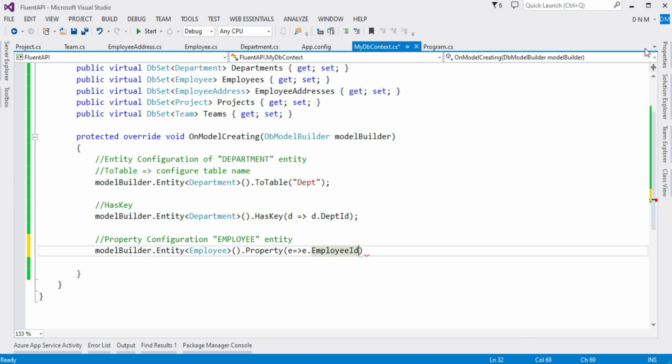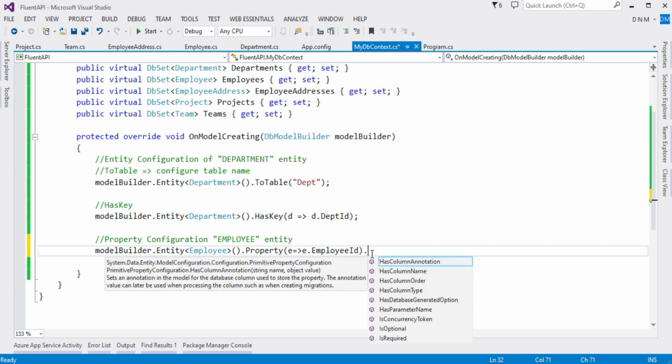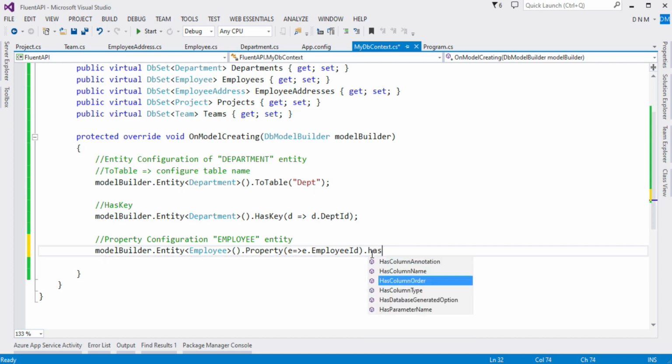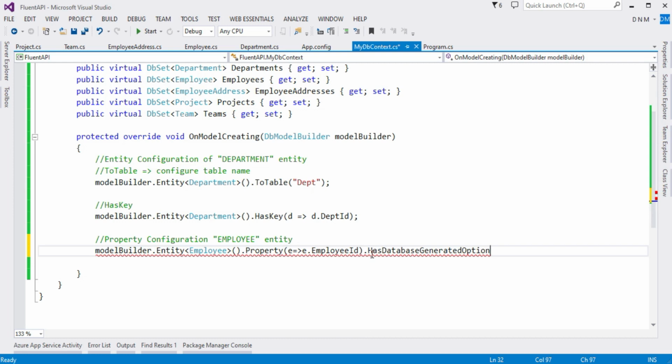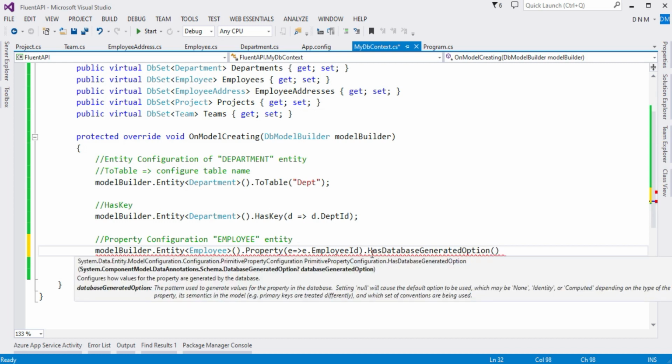I do not want this property or this column to be auto incremented, so I have to say HasDatabaseGeneratedOption, and to this I have to specify the enum. Just to avoid this long namespace, I'll use this namespace in my application, that is System.ComponentModel.DataAnnotations.Schema.